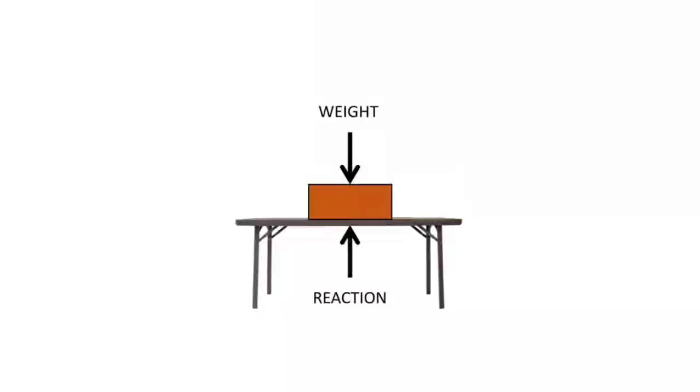Thus, even though the weight acts downwards, the weight of the object is balanced by the table due to the reaction force. These two forces will be opposite in direction. As this acts downwards, the reaction force acts upwards, and thus we can say in equilibrium the weight of the object is balanced by the table.